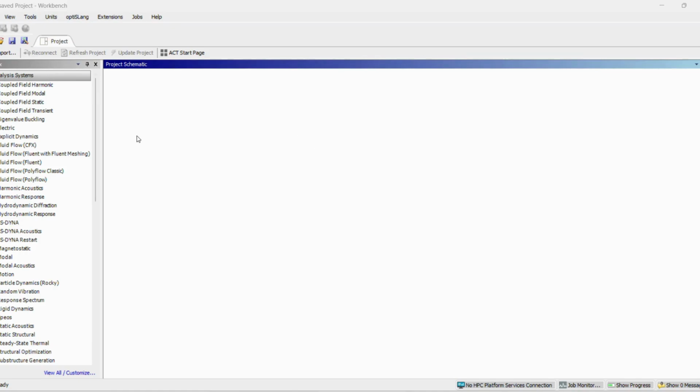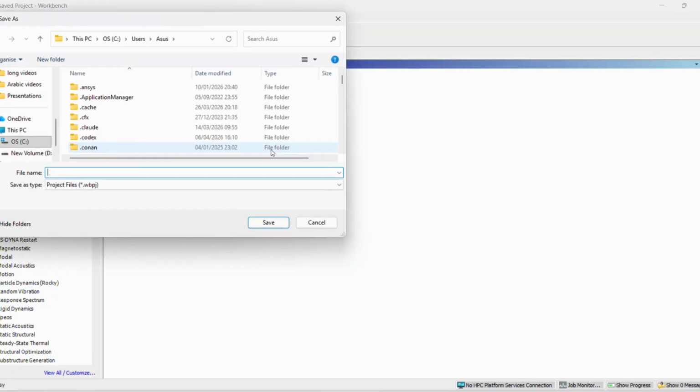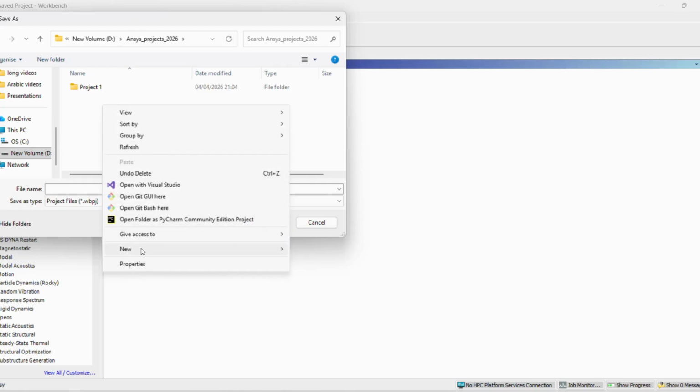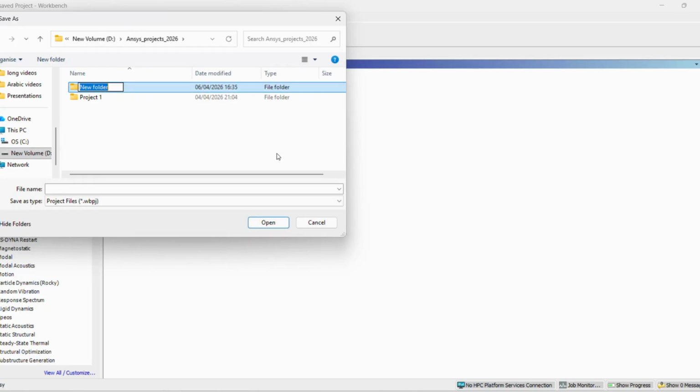Today we will start a new project. Let us go to File, Save As, and let's save it in Drive D. Create a new folder here. We'll give it a name, Project 2, and the file name will be